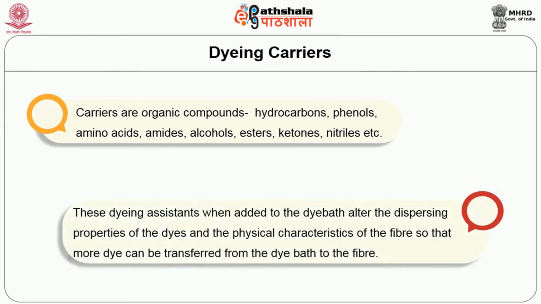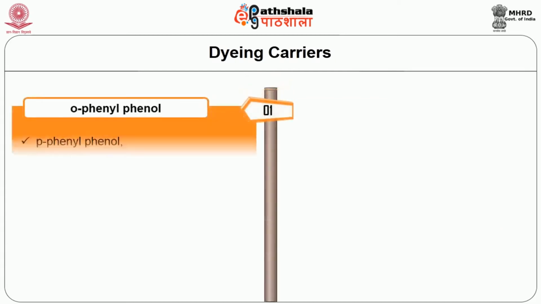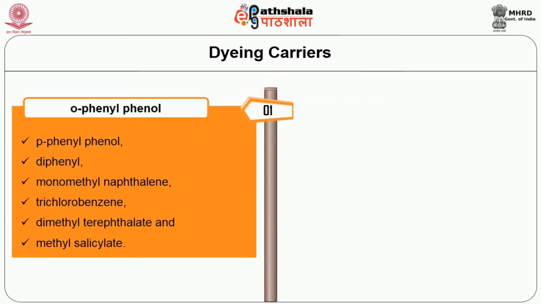These dyeing assistants, when added to the dye bath, alter the dispersing properties of the dyes and the physical characteristics of the fiber so that more dye can be transferred from the dye bath to the fiber. There are a number of carriers commonly used for polyester fibers. Some of the good dye carriers are O-phenylphenol and its monochloro derivative, P-phenylphenol, diphenyl, monomethyl naphthalene, trichlorobenzene, dimethyl terephthalate, and